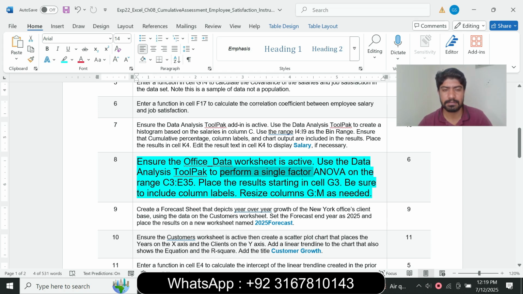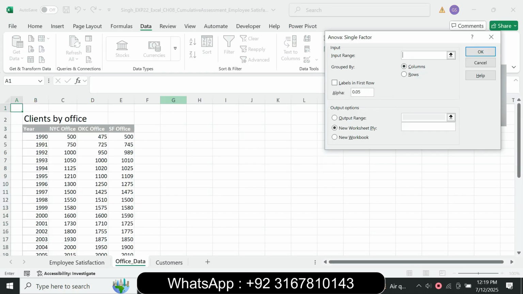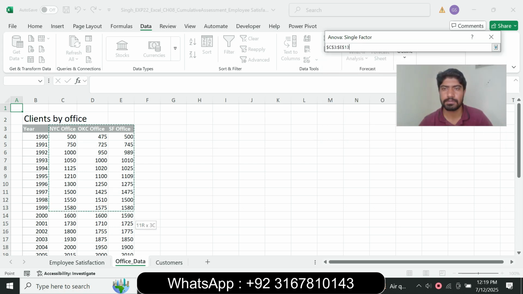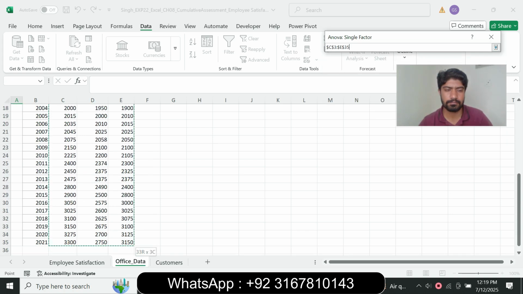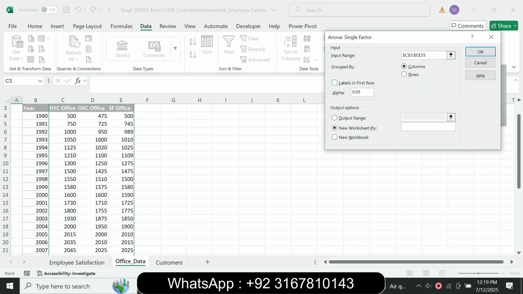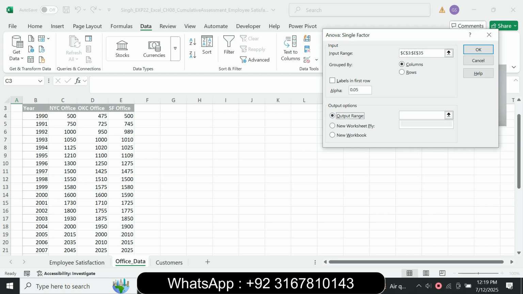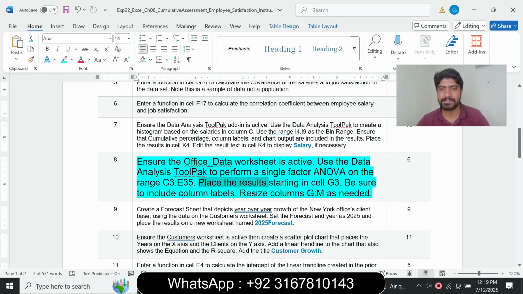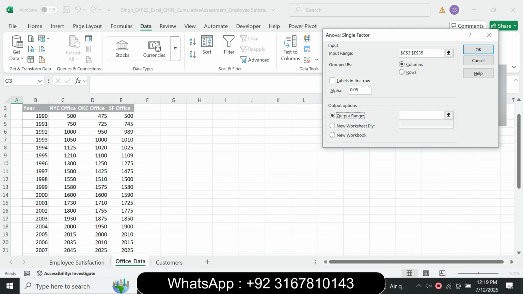Single factor ANOVA in range C3 to E35. Perform the single factor ANOVA in the range C3 to E35 and place the result starting in cell G3. Use Data Analysis, single factor ANOVA, in the range C3 to E35, and next place the result in cell G3